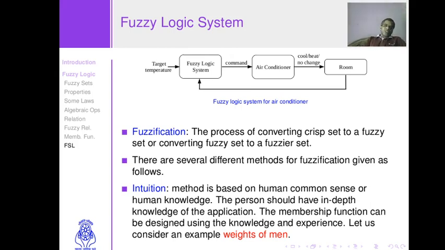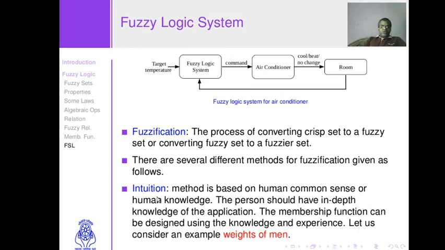So let us discuss these components in detail one by one. The first component of the fuzzy system is the fuzzifier. Fuzzifier is the process of converting crisp values to fuzzy quantities, as mentioned earlier, and there are many methods to perform this job. There are many methods to convert crisp values to fuzzy values. Some of these methods we will discuss here.